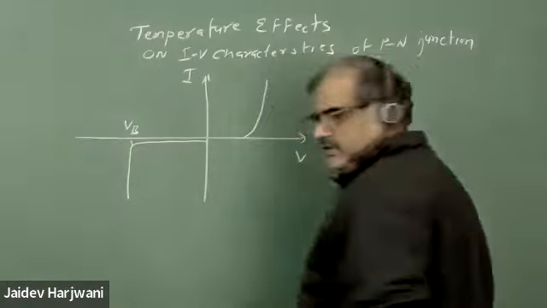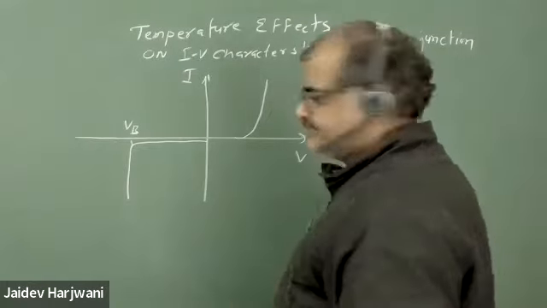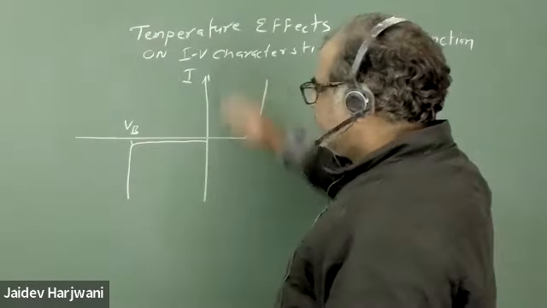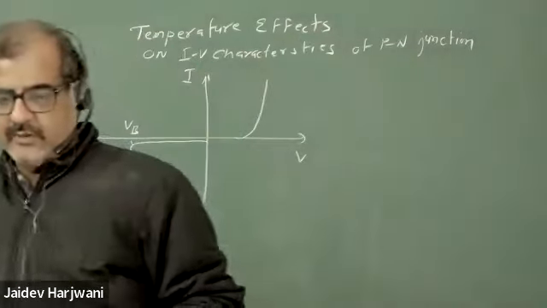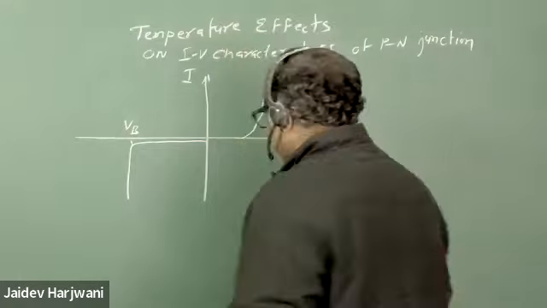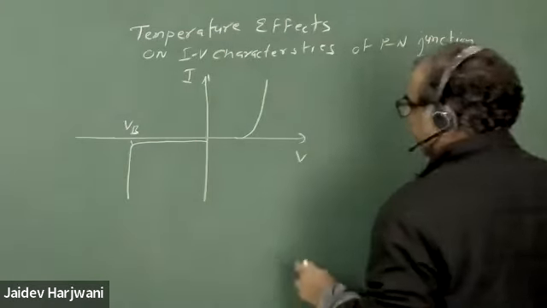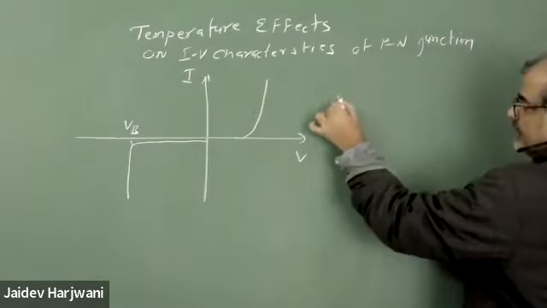So in reverse bias only your reverse saturation current flows. Now I want to discuss the temperature effect. What happens when you increase the temperature? Okay, so first we'll see